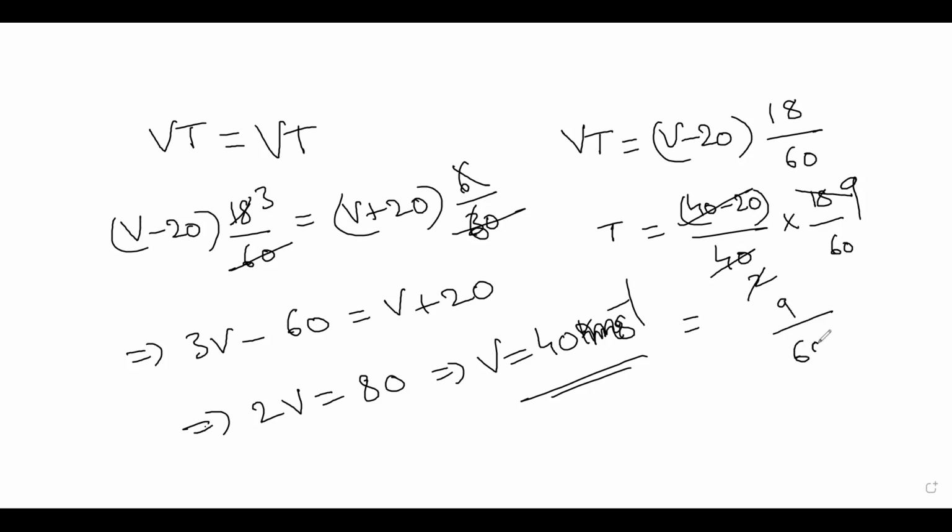So 9 by 60. So it turns out to be, what did they give actually? Am I calculating correctly? I think hours they have given. This is 20 kmph. I think hours they have given, not meter second inverse. Yes, they have given it in kmph, 40 kmph. I am converting into kmph. Sorry for that. Not meter second inverse. So this I am converting into hours actually. So this 9 by 60 hours is nothing but 9 minutes. So t is equal to 9 minutes.